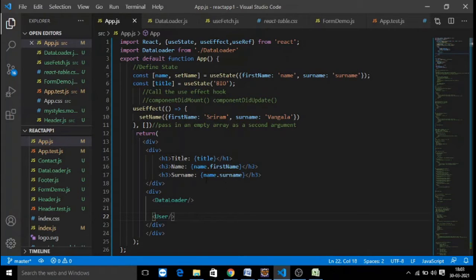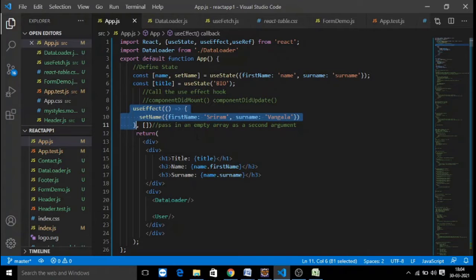And here we would like to update the data, name and surname, by using useEffect. useEffect is another React hook. It is just a replacement of the componentDidMount method and componentDidUpdate method. So whenever a component is getting updated with new data, that kind of functionality we can write as part of your useEffect React hook.